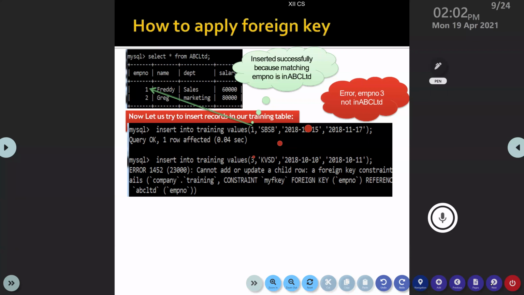Now, insert into training values 1, comma, SBSB, comma, 2000. It will work because, what is the definition of foreign key? It's a non-key attribute whose values are derived from the primary column of some other table. So you can write 1 comma SBSB.